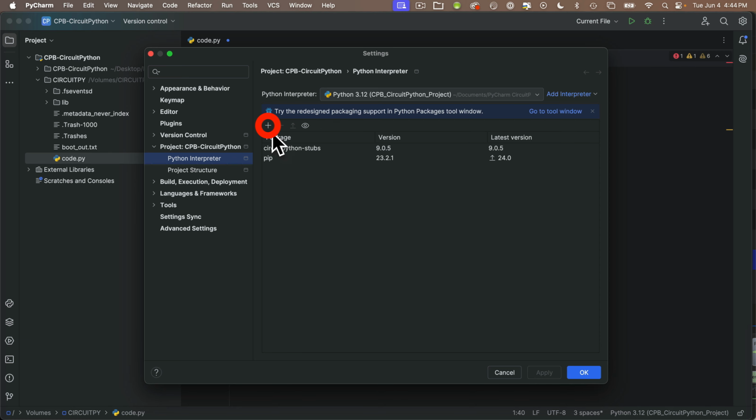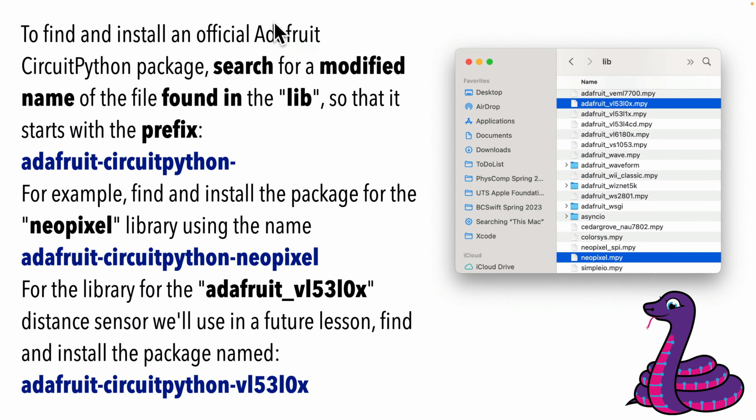So to add support for NeoPixels, we're going to do the same thing we did with CircuitPython-stubs. We're going to click on the plus sign here. But here, my friends, is a key pro tip you need to remember. This is actually really important and can trip up even more experienced users. To use PyCharm to find and install an official Adafruit CircuitPython package, search for a package with a modified version of the name that you would find in the lib folder, but with an Adafruit-CircuitPython- prefix. For example, to find and install a package for the NeoPixel library, see it's got nothing out front here, no prefix. In PyCharm, you want to search for the name